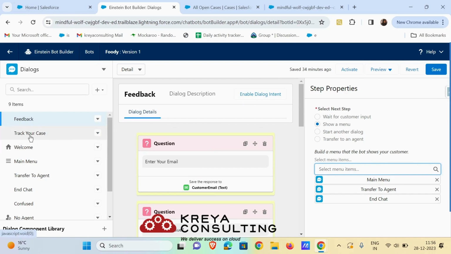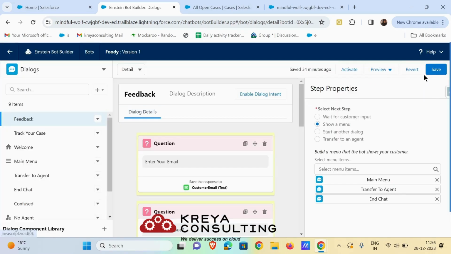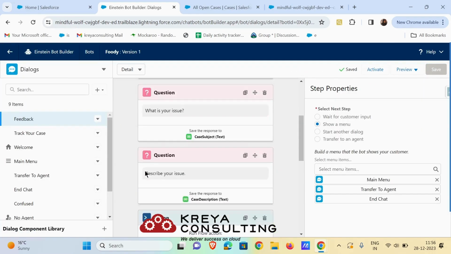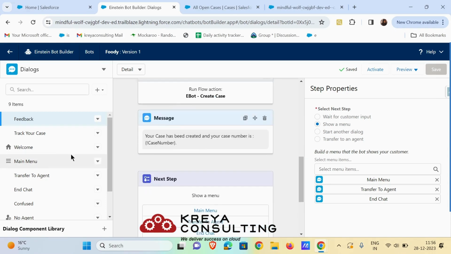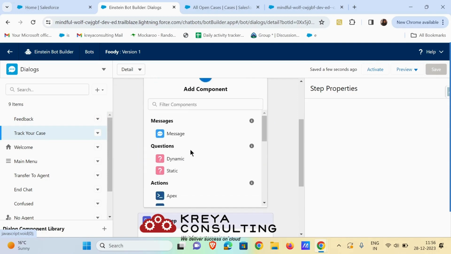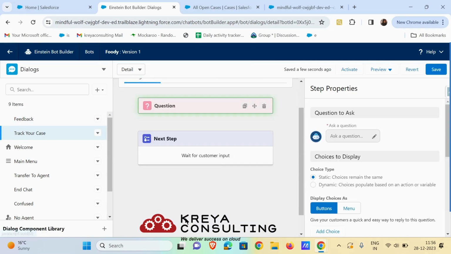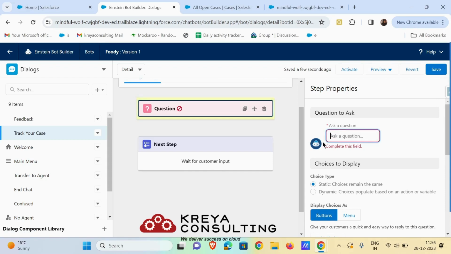Now let's design the track your case flow. First you need to save that, otherwise everything gets discarded. Now you need to track your case. So if you remember, earlier we decided that we are going to ask for the case number. So ask a question regarding